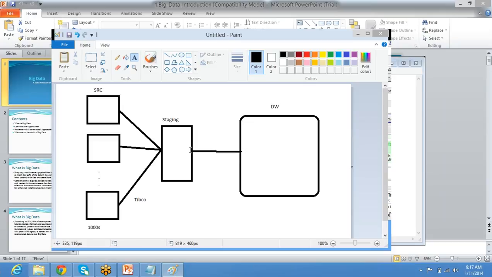Their data is going to the data warehousing. Before going into the data warehouse, it goes by the staging. It doesn't directly go to the data warehouse; this is the best practice that people usually use. The data first goes to the staging area, which can be multiple machines or a single machine. I'll come to the significance of staging also. Then the process that TIBCO does is extraction, which you can do at the level of staging or at the level of your data center. Even instead of DW, I should write data center here.